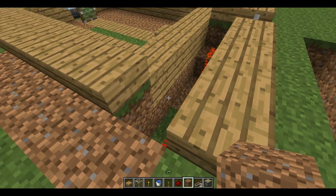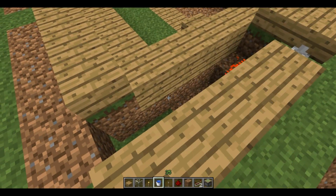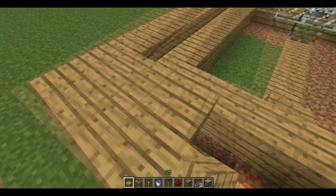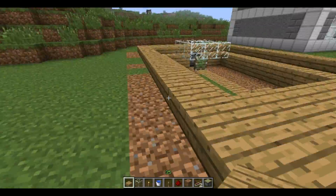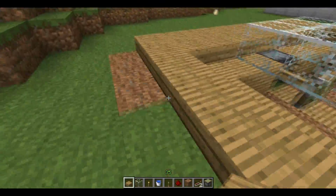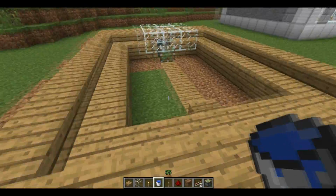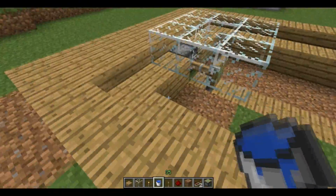Okay, and now this can then be covered back up with the slabs, and there you have the redstone nicely covered up, and you couldn't tell that there was redstone there. Okay, so we can now put the water in the top,